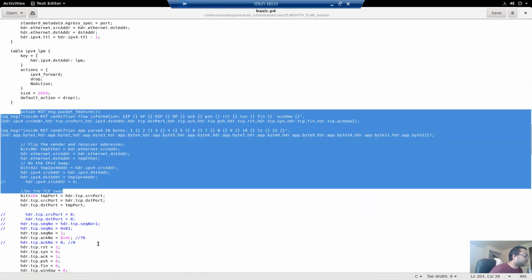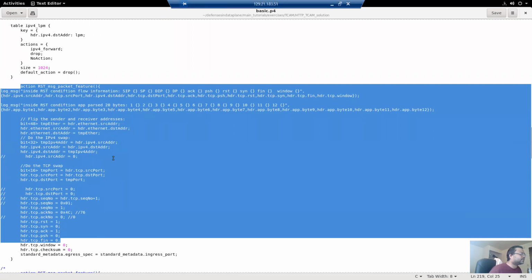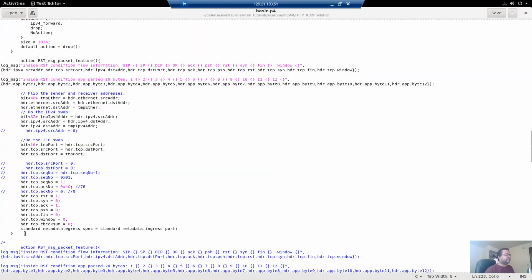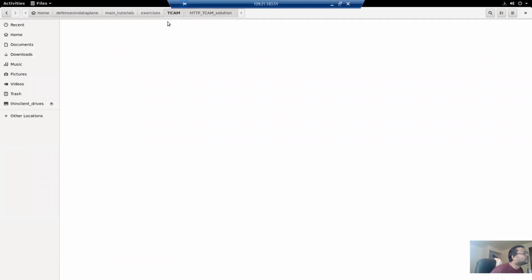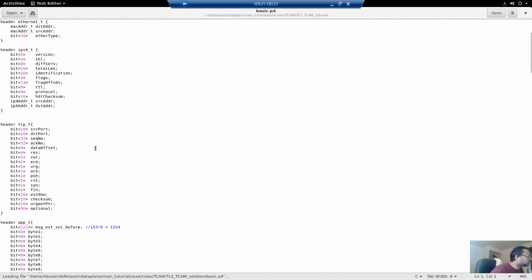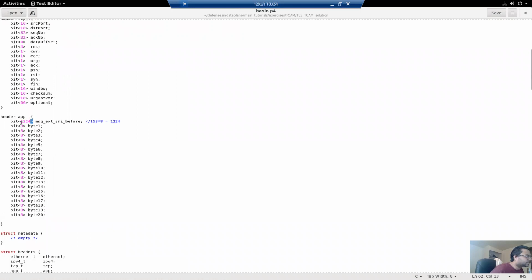Here, as an action, we convert the same packet into a reset packet and reflect it back to the original client. Same thing in TLS. You can observe that this byte, that is your initial offset, what we call the Y variable.